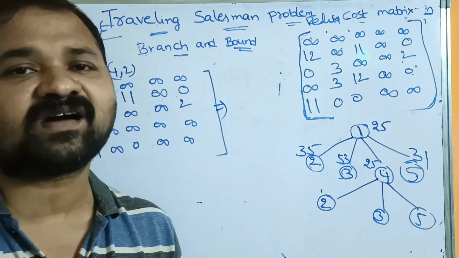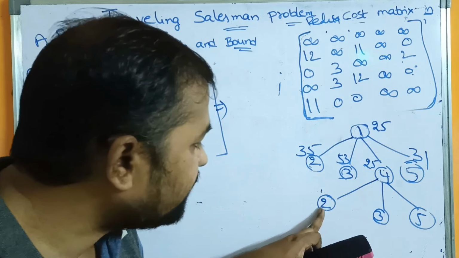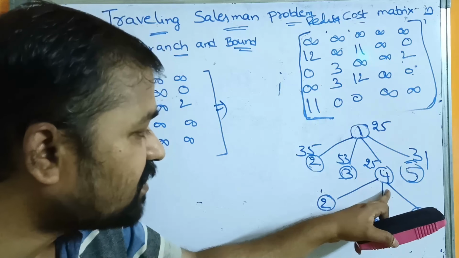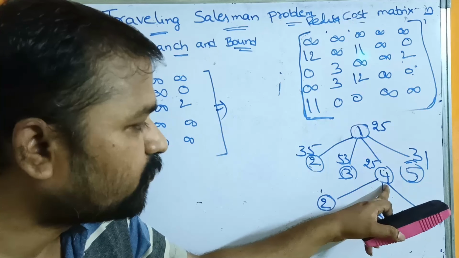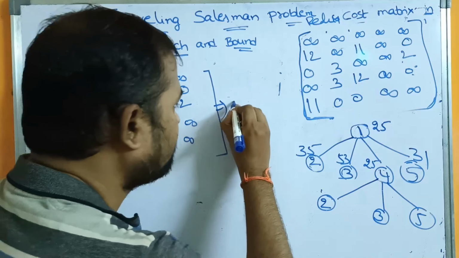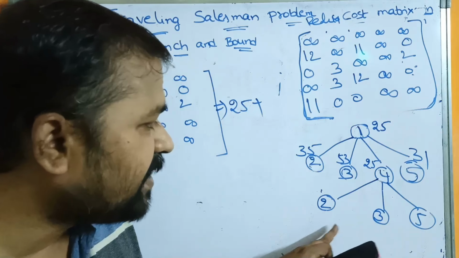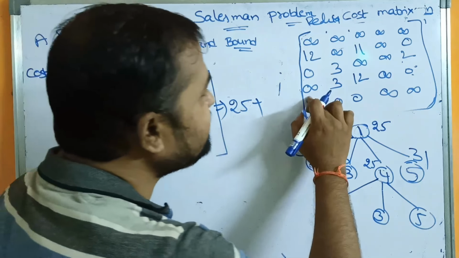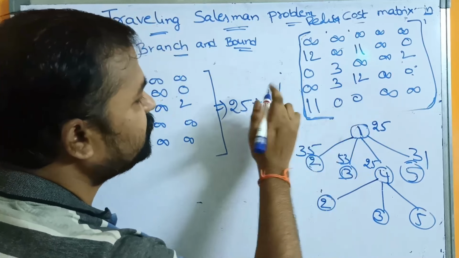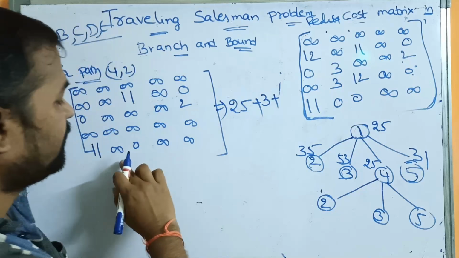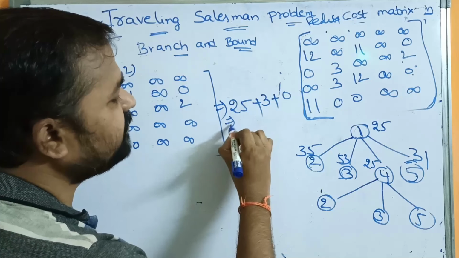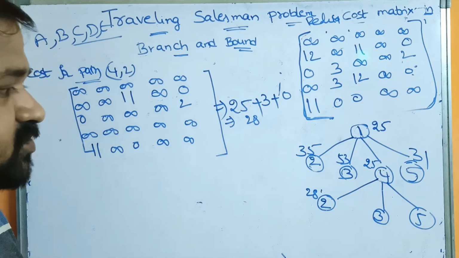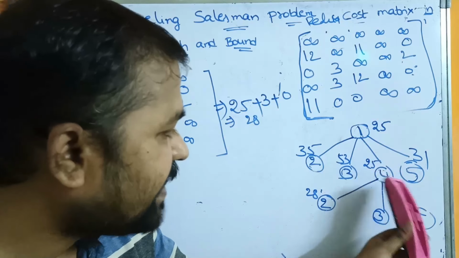So let us determine the cost here. In order to find out the cost, we have to find out the cost of its parent node. Here we are determining the cost for 4 to 2. So 2's parent node is 4. So what is the 4 node cost? 25. So 25 plus, we have to determine the edge cost from 4 to 2. 4 to 2, this is the fourth row and this is the second cell. So 3. So 25 plus 3 plus reduced cost is 0. So 25 plus 3 means 28. So 28 is nothing but the cost from 4 to 2. Likewise, determine the cost from 4 to 3 as well as 4 to 5.